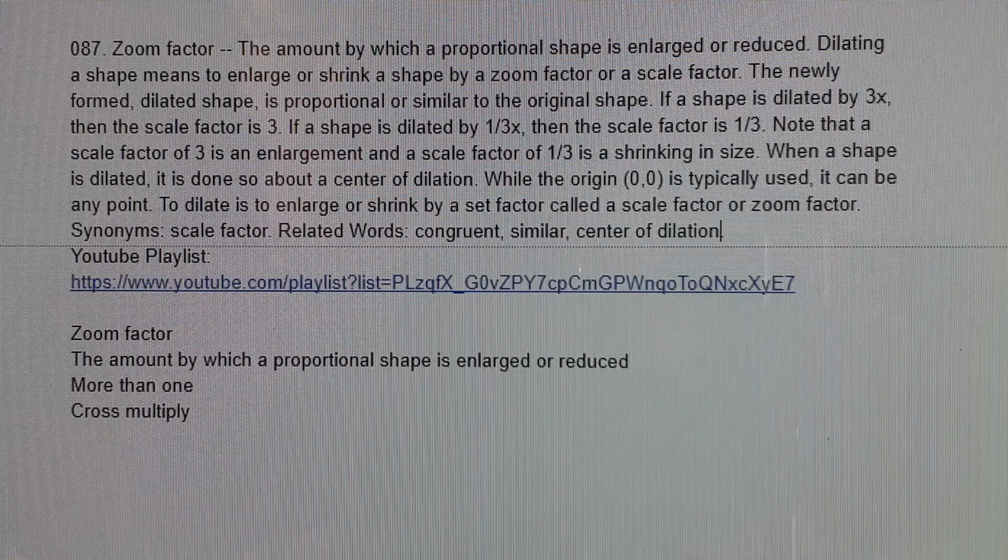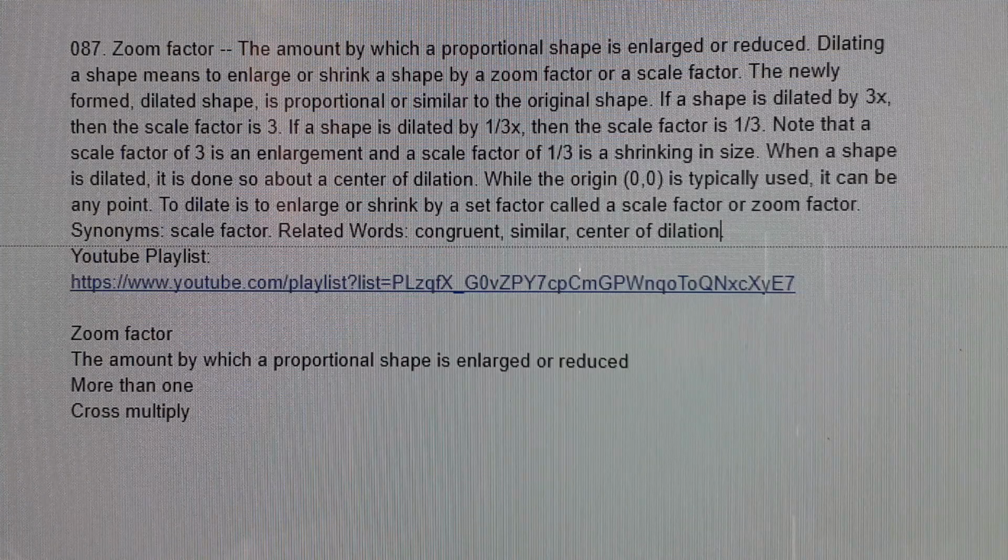If a shape is dilated by 3 times, then the scale factor is 3. If a shape is dilated by 1/3 times, then the scale factor is 1/3. Note that a scale factor of 3 is an enlargement, and the scale factor of 1/3 is a